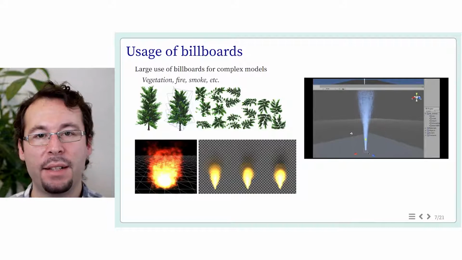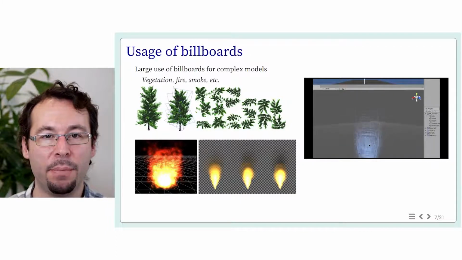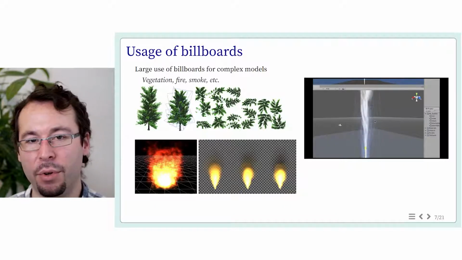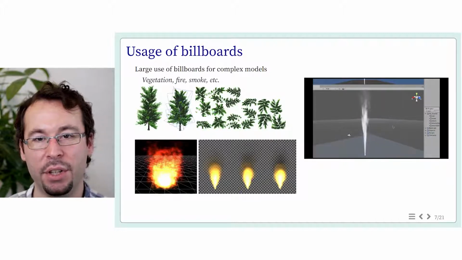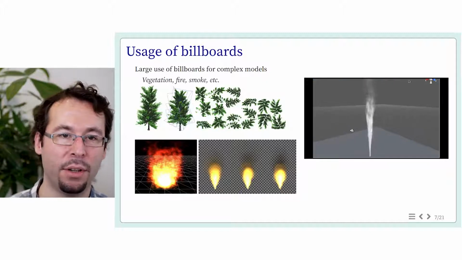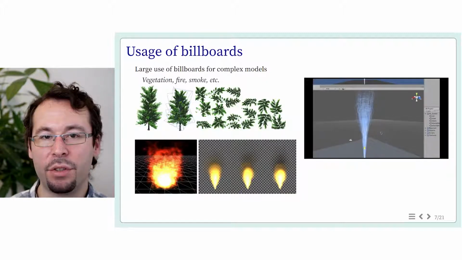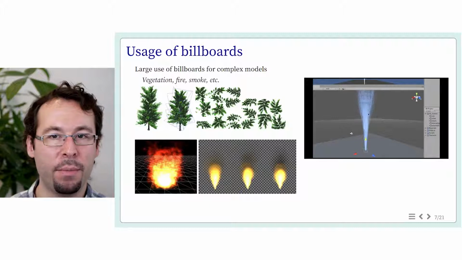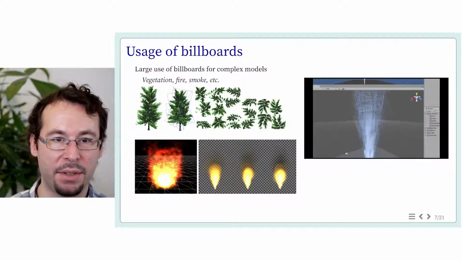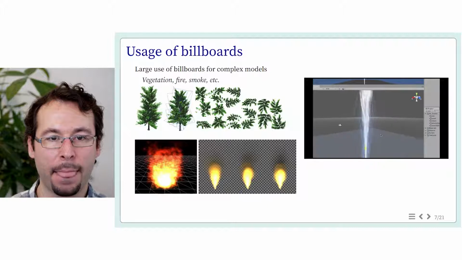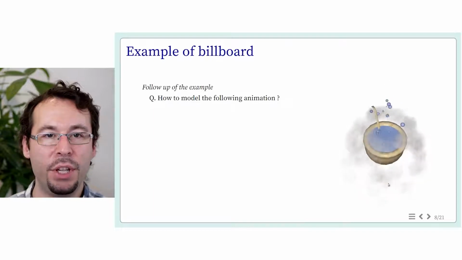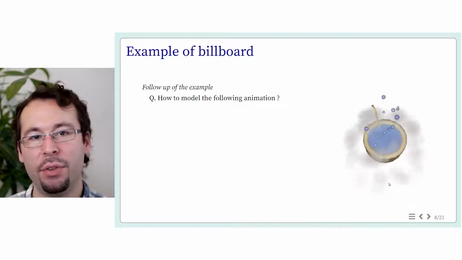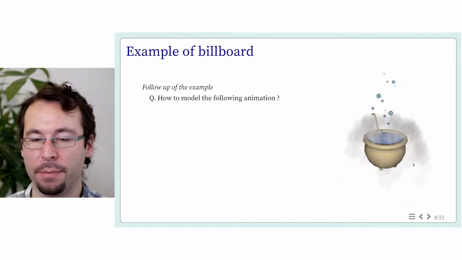So billboards, sprites, and imposters are actually very common in professional context, and in particular in video games. They can be used to model complex-looking vegetations and trees, while actually the branches are only textures mapped on quadrangles. Sprites are also used to give the look of fire, smoke, or even a flow of water, for instance. And this will be the exercise of your lab class. So in this case, which kind of model should we implement to have this final result with the smoke?